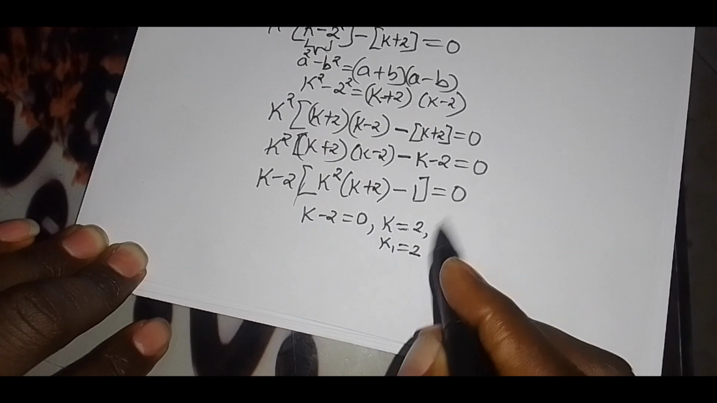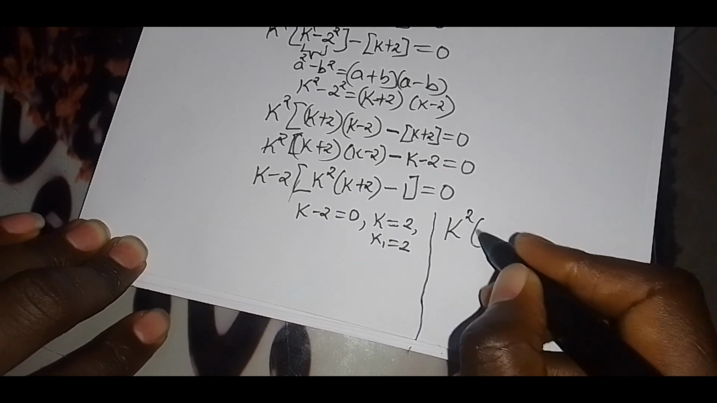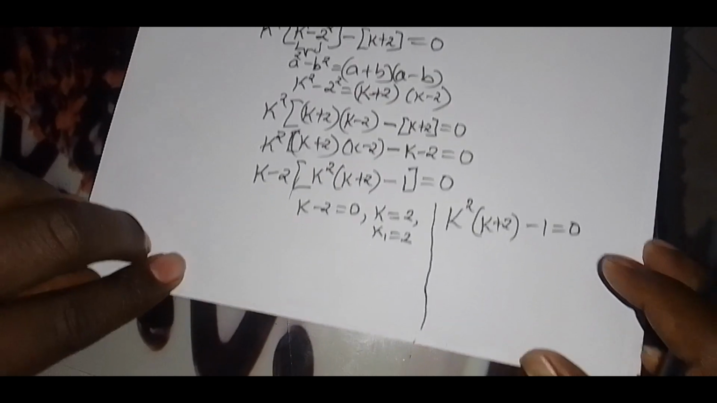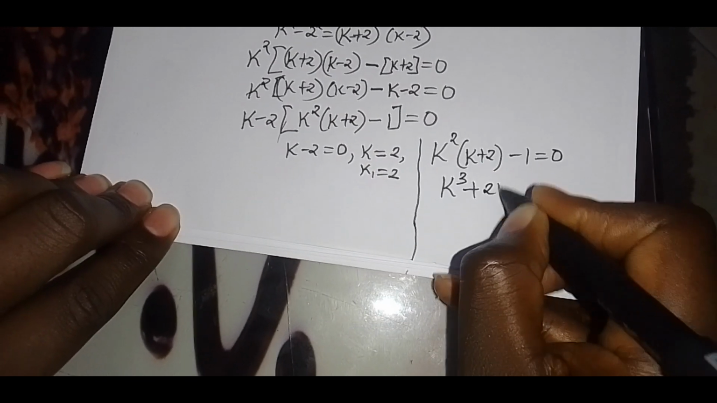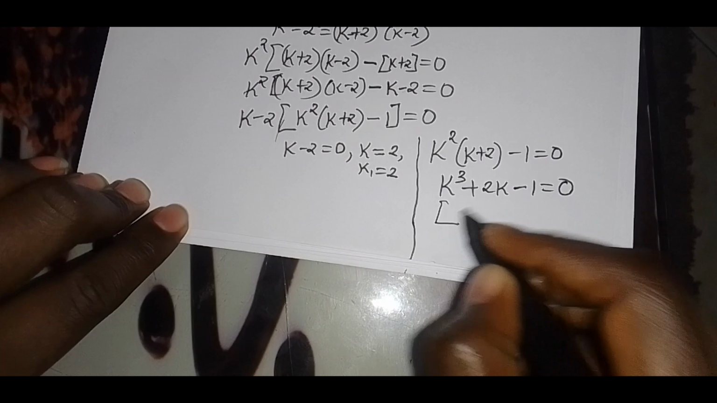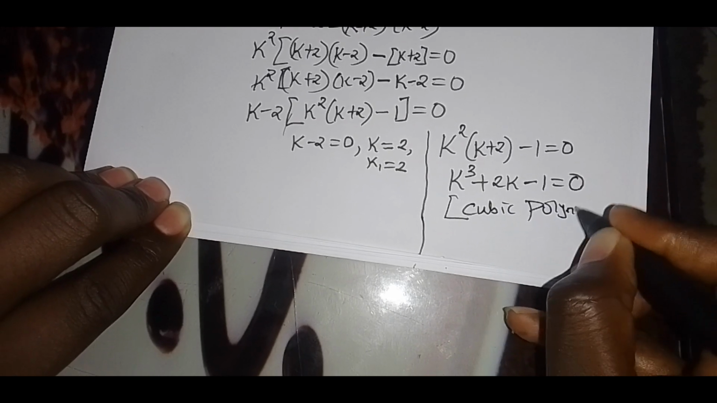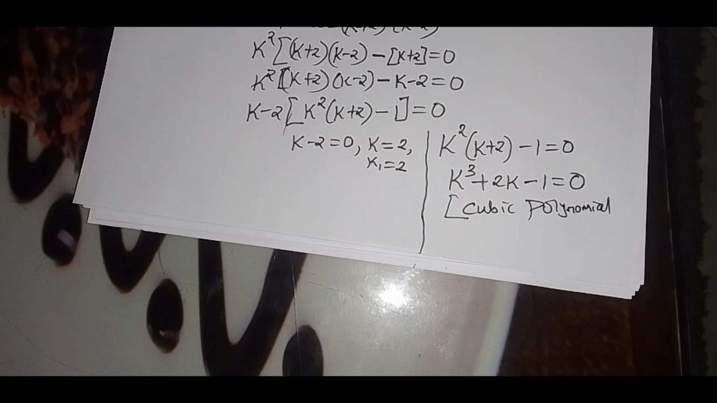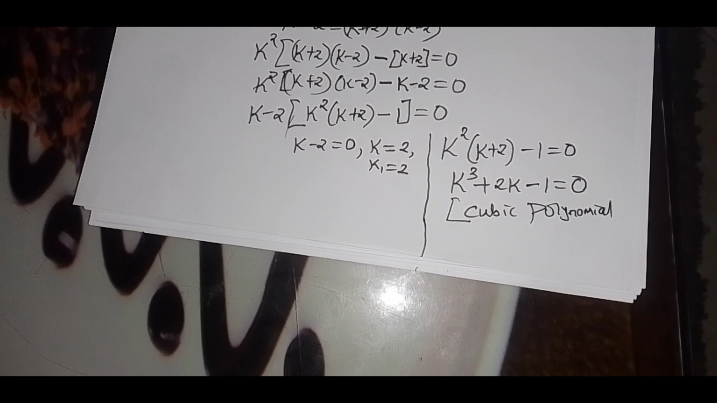So that the second part, we have k squared multiplied by (k plus 2) minus 1, equal to 0. So that we will have k squared times k, this is k cubed plus 2k minus 1, equal to 0. Now as you can see, this is actually a cubic polynomial, and you can apply a lot of methods to solve for this cubic polynomial. But we are going to apply the simple